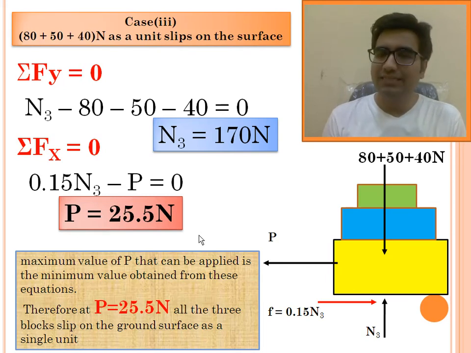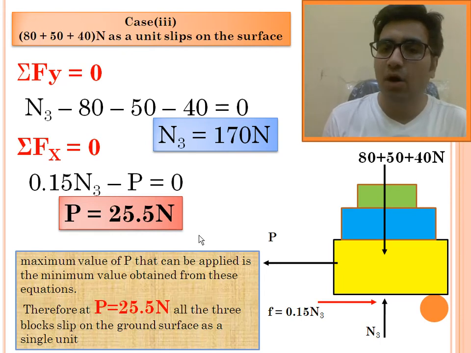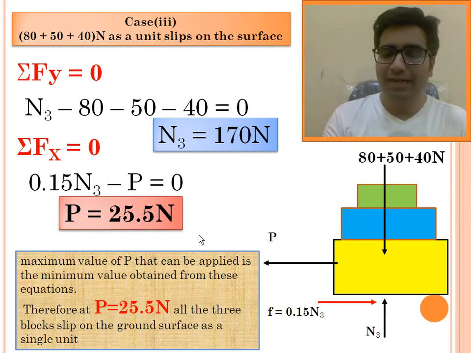So whenever we see such a type of question, we have to remember that we are not supposed to find the maximum value. We are supposed to find the condition where there is disturbance, where there is a slip of the block. Is that okay? Let's move to the next question.